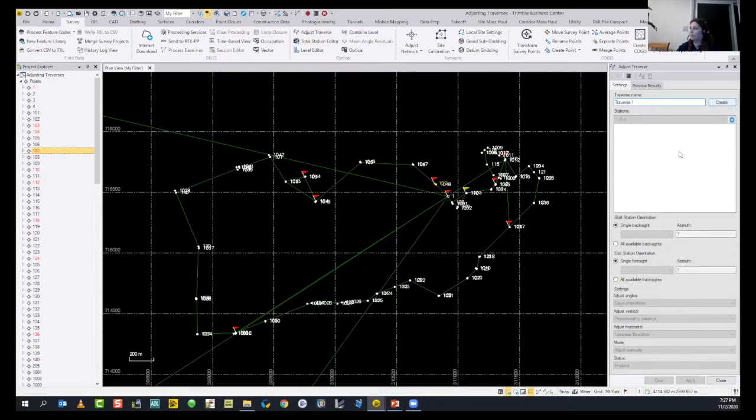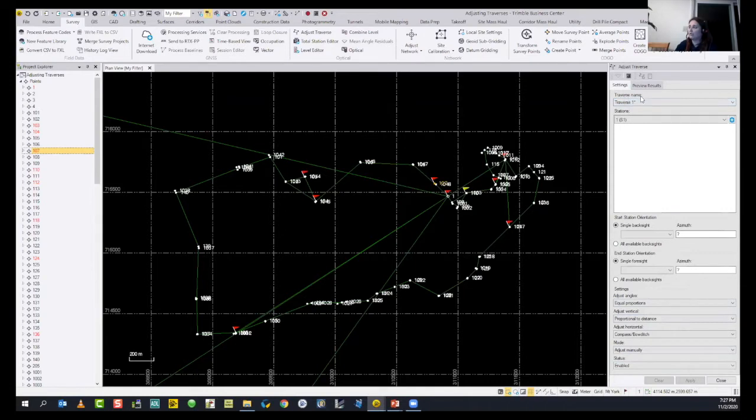And hit on Create. This is going to be the manual adjustment. Under the mode, you will see two options, automatic and manual adjustment. Manual adjustment means that I decide the stations and I decide when I want to apply all these settings in my project. Automatic adjustment applies the change according to the change on the settings and applies those changes on the points, on the computation automatically. But manually, you need to hit apply and move.